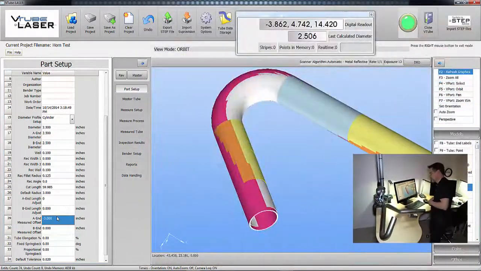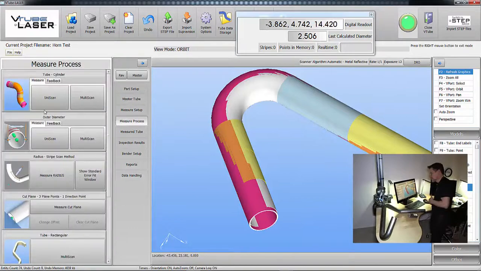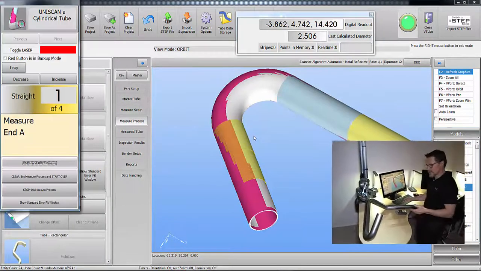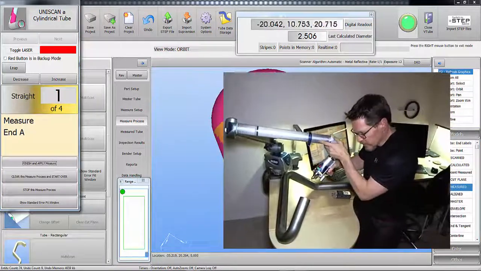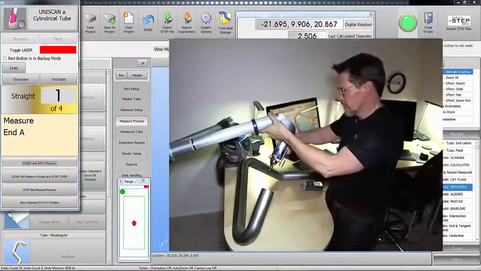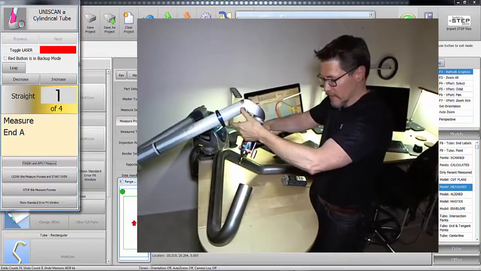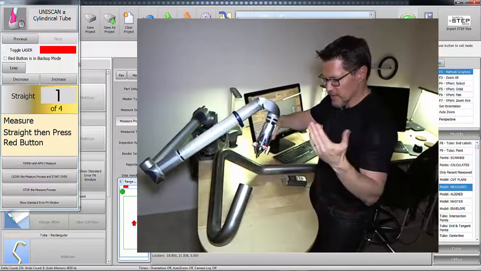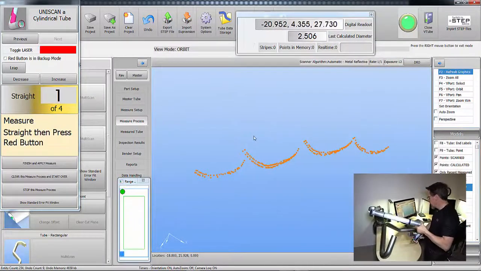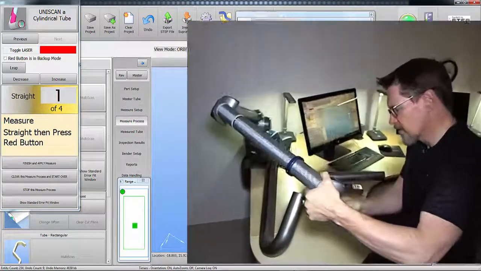What I'm going to do now is measure the tube. You're going to see that this measured offset only takes effect when we measure the tube. So instead of measuring the actual end of the tube, I'm going to measure my hand in the place of a component. Let's just estimate 3 inches. So let's say that that's where the component is. Now I'm going to measure the cylinder,